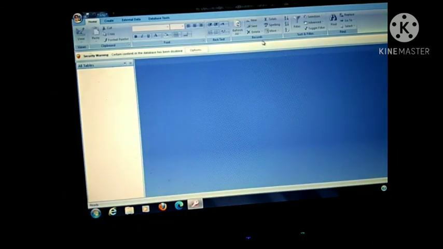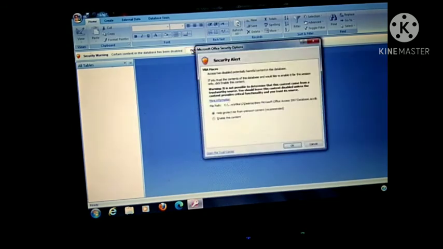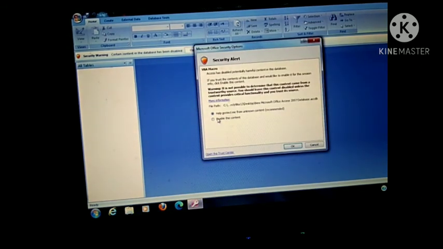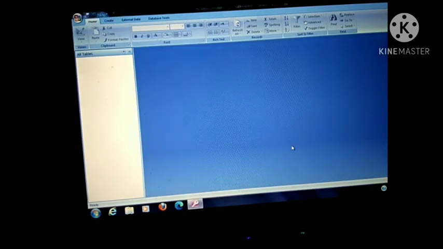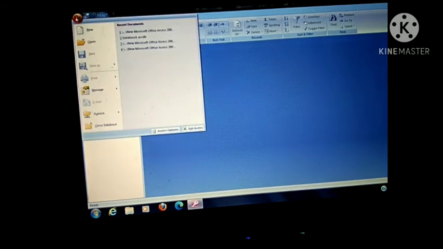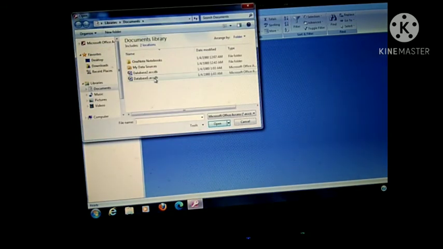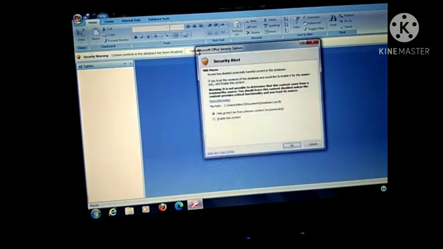First I open one database, and here I want to open my file. So for this, first I have to click on office button. This time I want to open my already existing file, then click on this office button. Okay, and then click on this open option. And now from here you will select your file. I am selecting this database 1 and then click on open. When we are doing this, then your previous file will be open.